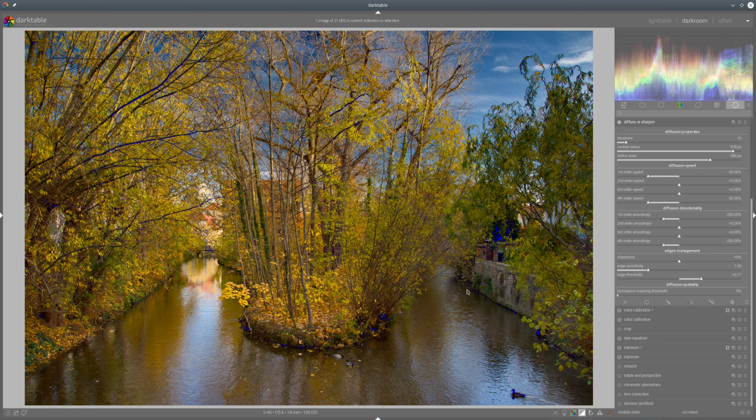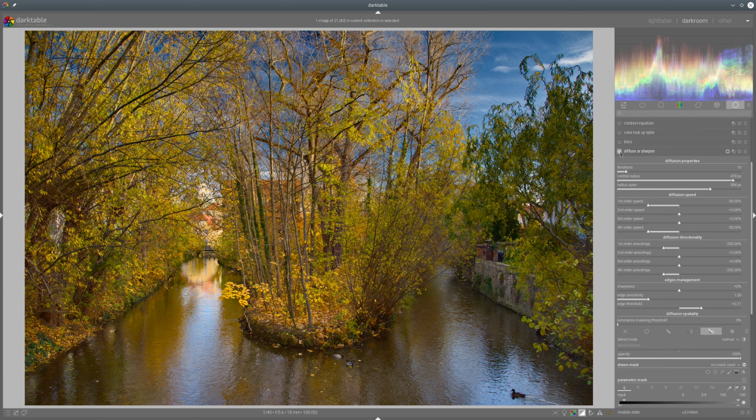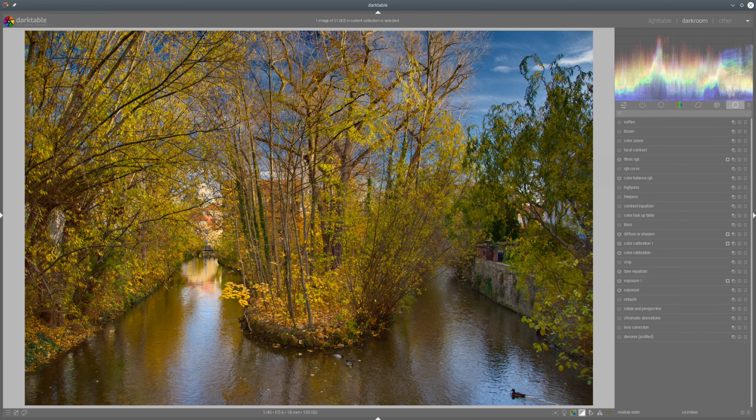Okay, we need to adjust that quite dark part, so we'll use parametric mask and protect the shadows from influence of that module. And now we have nice details everywhere,